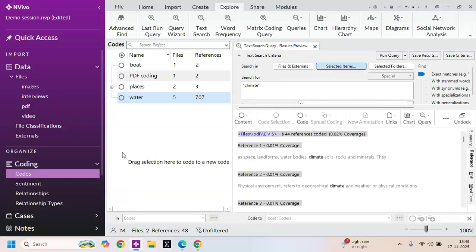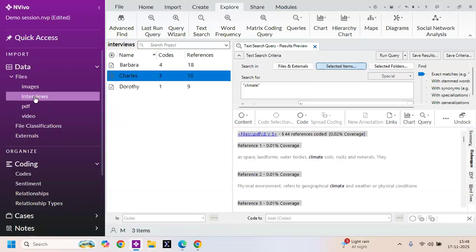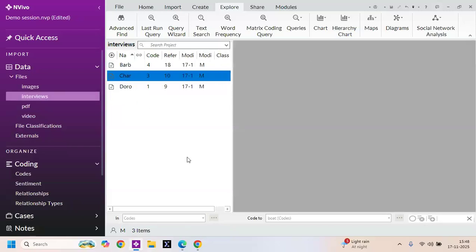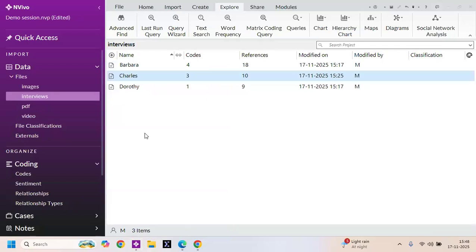Now we'll show some autocode. Autocode allows NVivo to automatically analyze your data and code the data. First of all, you have to select the files. For that, I have to open the files. Suppose I want the interview files. There are three files in the interview files. Suppose I want all three, so I have to select all three files,